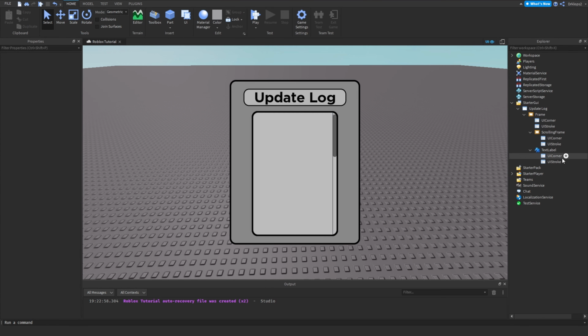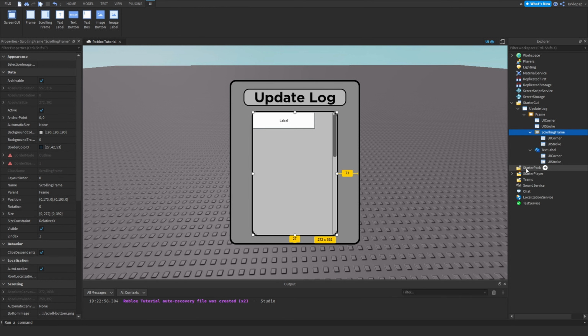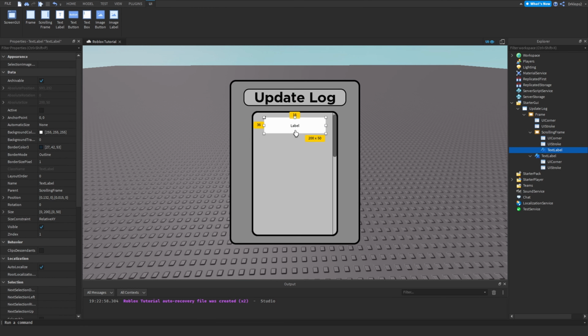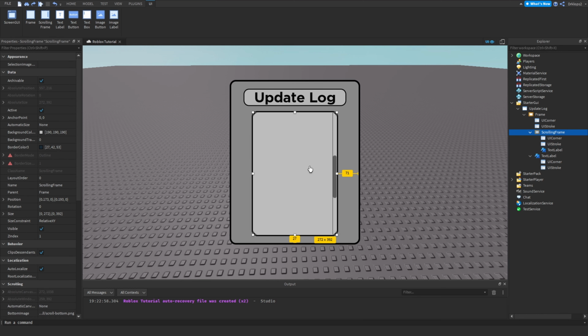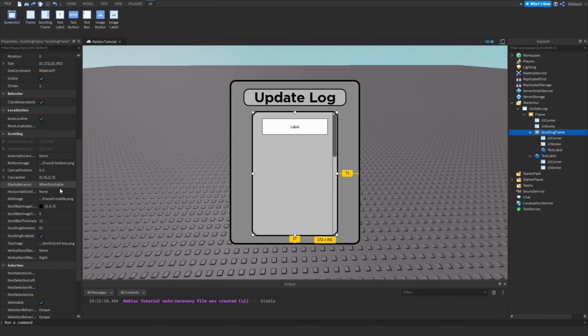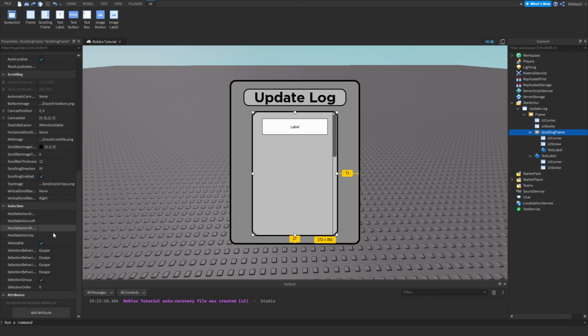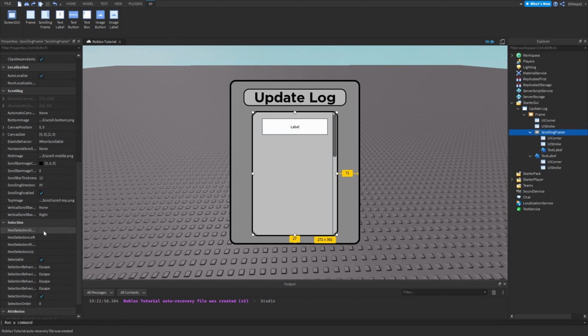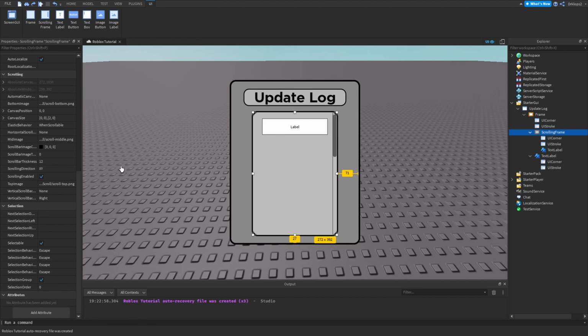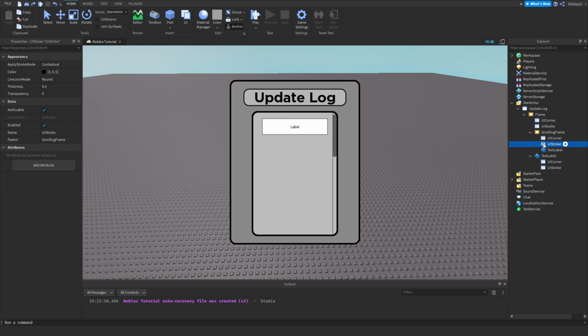There we go. Let's just put in a completely new text label. There we go. Text label. I want some freedom with this so I can put this around nicely. Although it will be a little bit weird at first when you're working with these inside of the scrolling frame, because scrolling frames are quite interesting in how they work. Like I said, just search up a tutorial on how to use them. As you can see, there's a lot of stuff to know about these things right in here. Scrolling behaviors. Anyways,